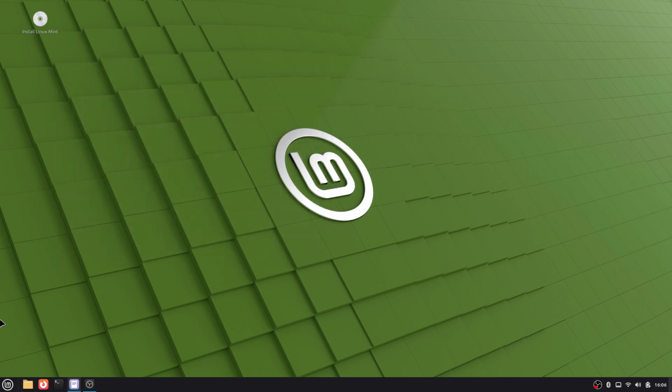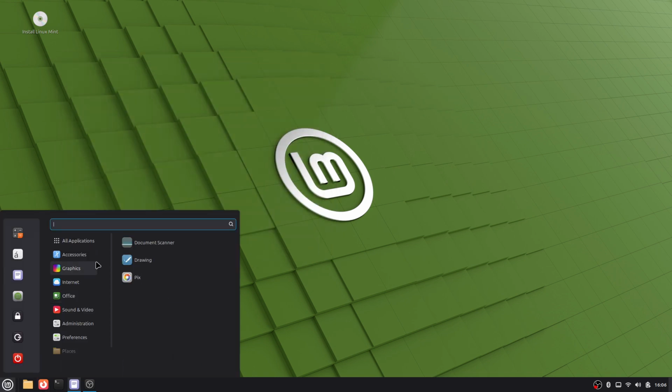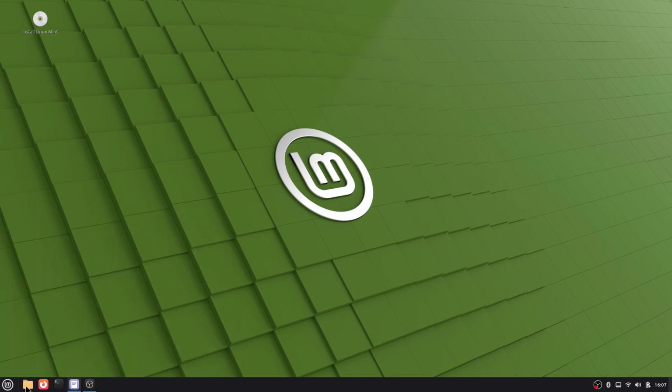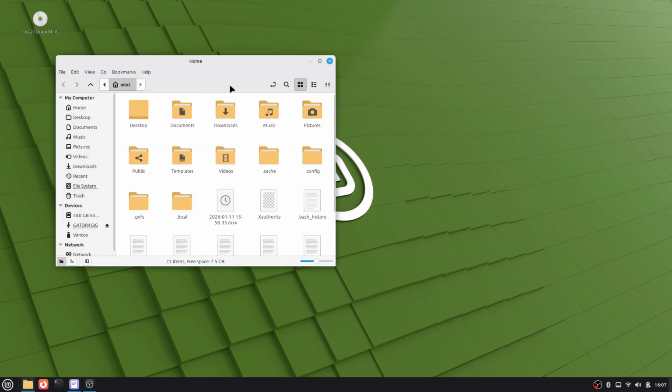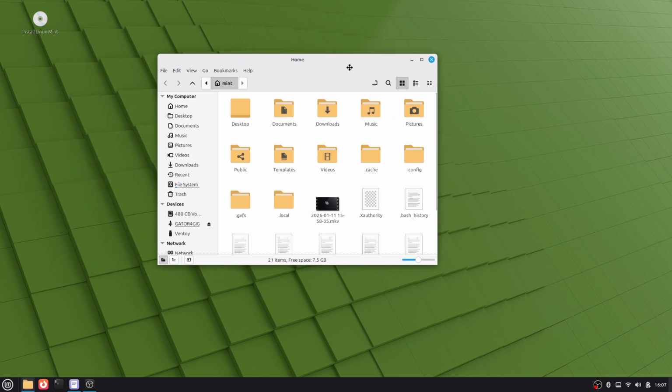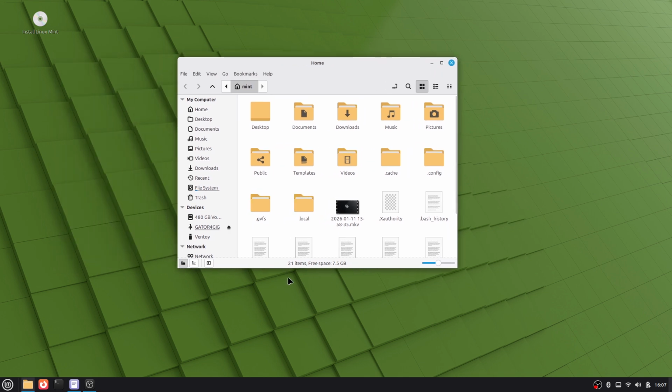So if you want to move this bar right here to the bottom, which is where I like mine, like I say, I won't be able to do that. If I do, I'll lose my video. But I'm going to try to show you the process of how you do it, if you're brave enough to try it. Okay, so we hit the Nemo again, and by the way,